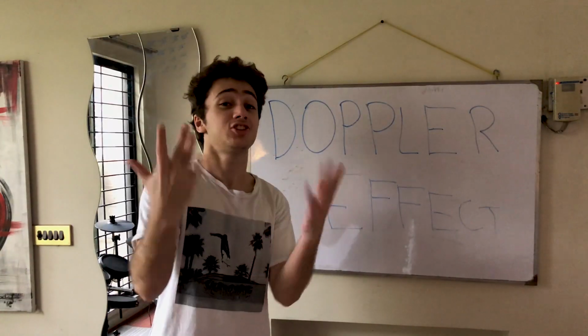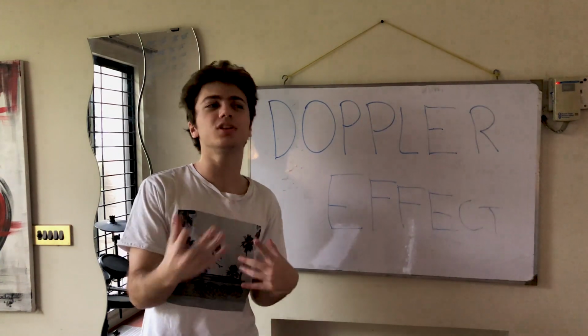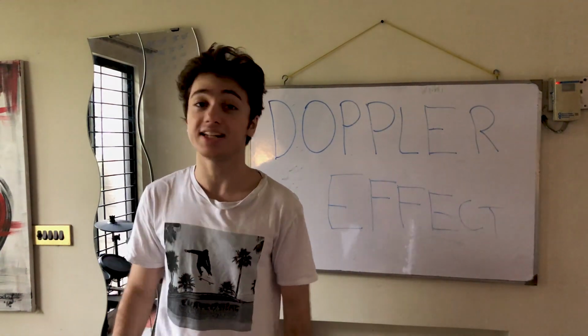Now you might be wondering, how do we exactly know all of this about the Big Bang? Well, there are two phenomena. One is the Doppler effect and the other is the cosmic microwave background radiation. I know it's a big word, but we'll get into that later. So first, what exactly was the Doppler effect? Okay, now the Doppler effect is a crucial part of the Big Bang theory. Without it, we wouldn't even have figured out that the universe was indeed expanding.